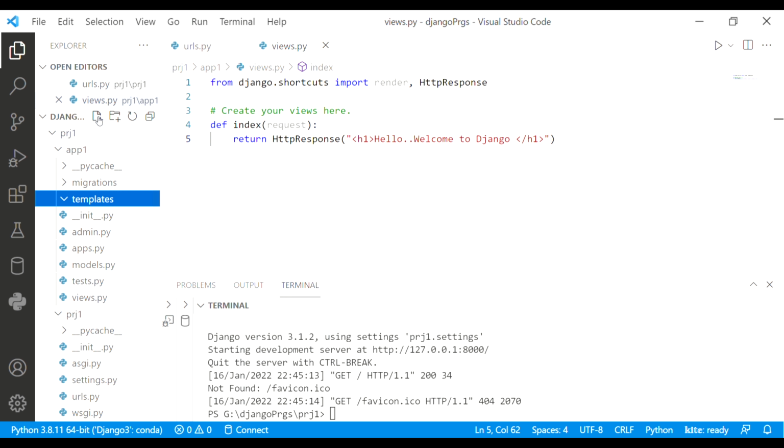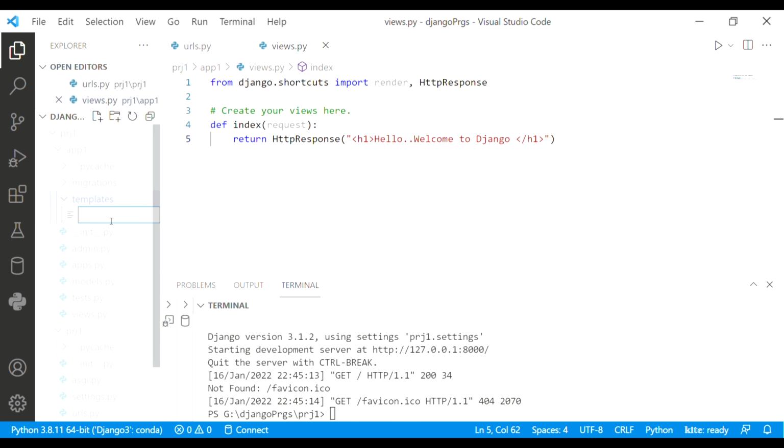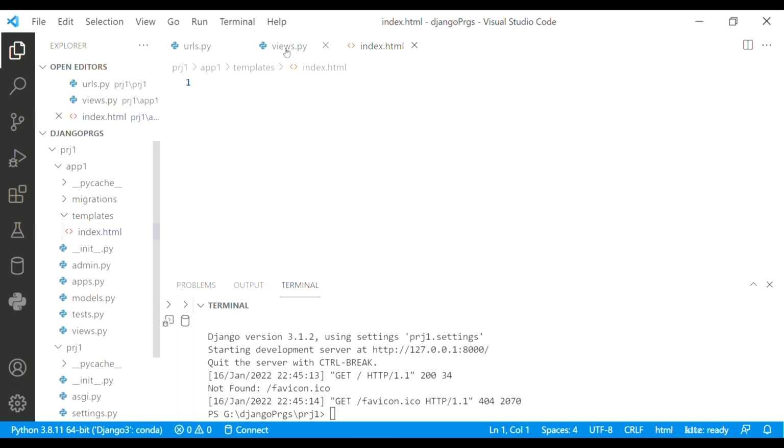Now again, in your Explorer, there is an option called new file. So click on that and just since the function is index, because we are calling index, just for simplicity's sake, we will call it as index.html. We can name any name for our HTML page. So this is my index.html, and you can see that this is an empty page over here. So I like to type, let's say the same way, welcome to Django framework. That would be fine. So I'm going to write h1